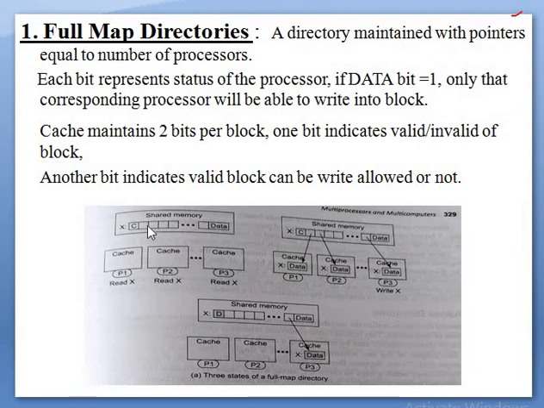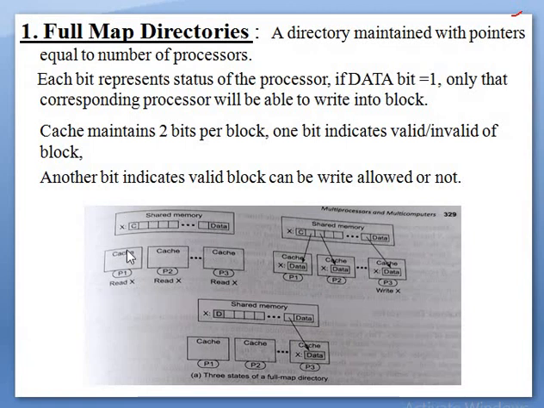Okay, see here, this is a shared memory and there is a location X. C indicates a cache, and the number of blocks is equal to the number of processors connected. Here it is a dot, which means till the end. At the end we will have one common bit called data.